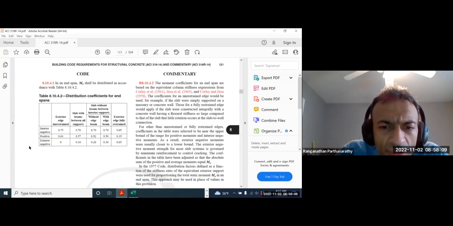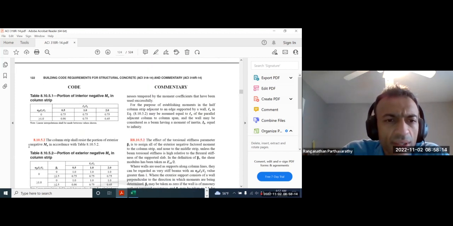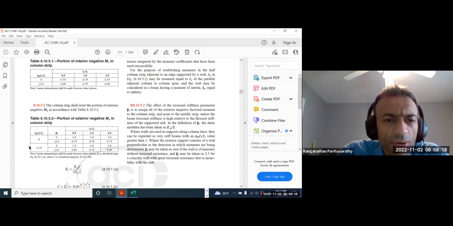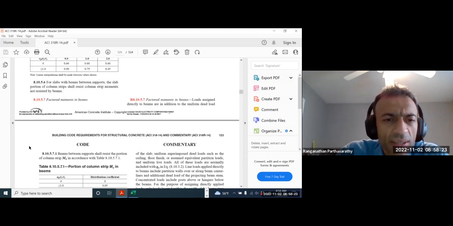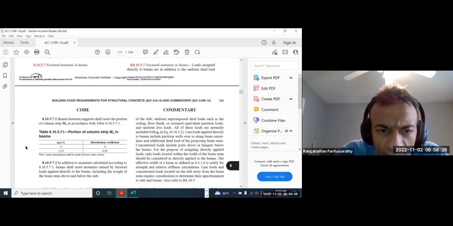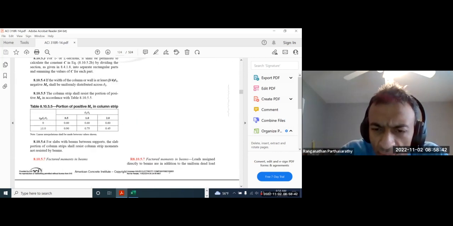Okay, this is just distribution coefficients, which we already saw earlier. This is the portion of the moments in the column strip. And within the column strip, how much goes to beams? That is given by this table here. Go back to